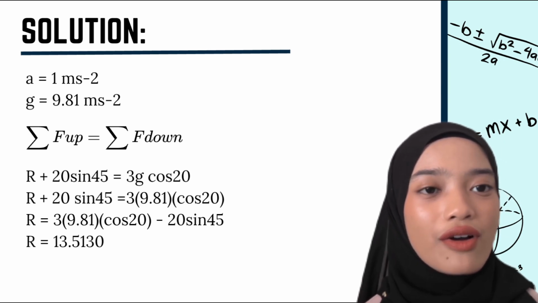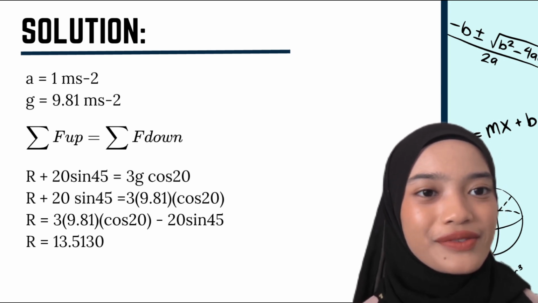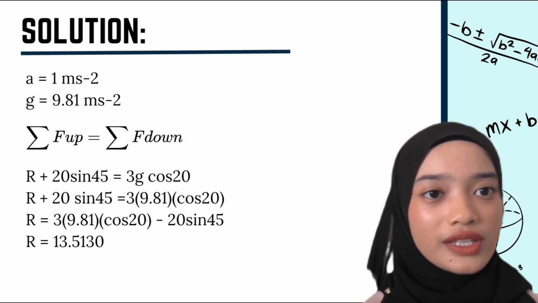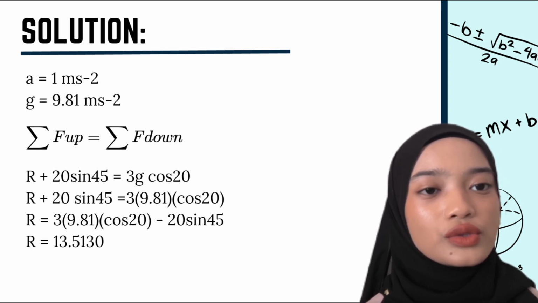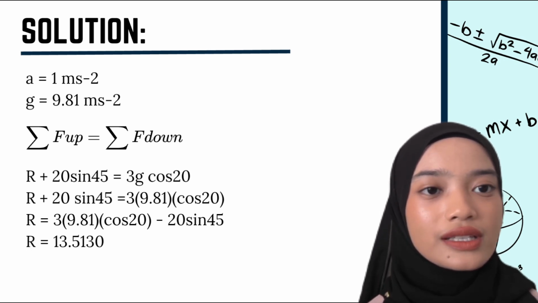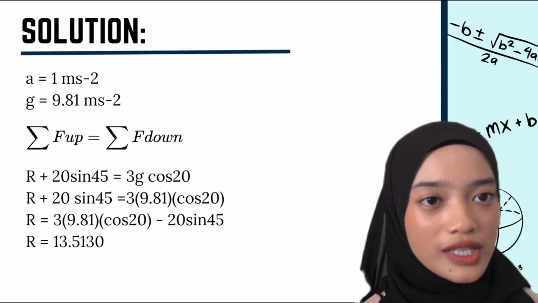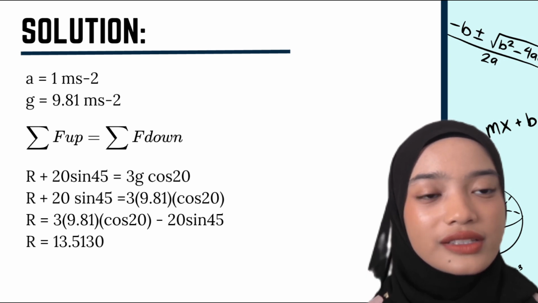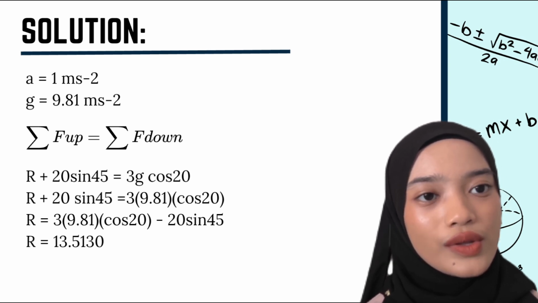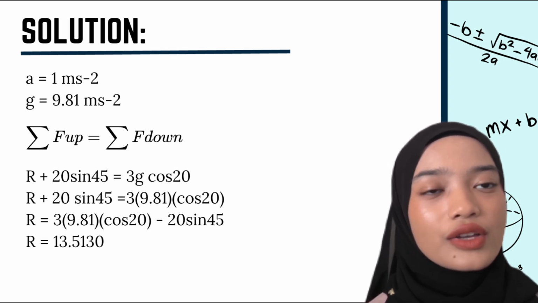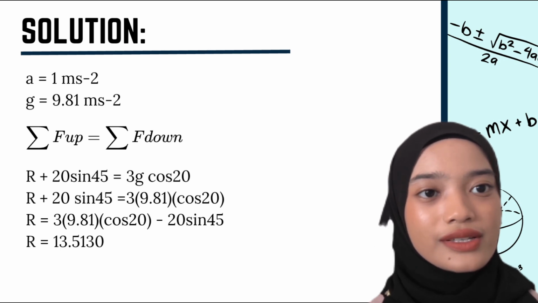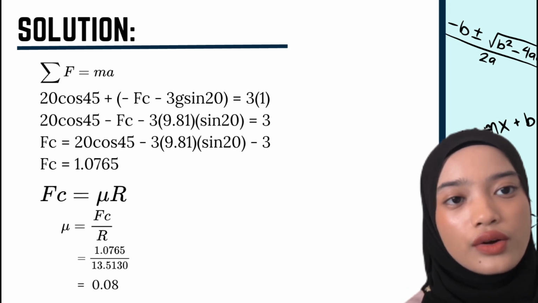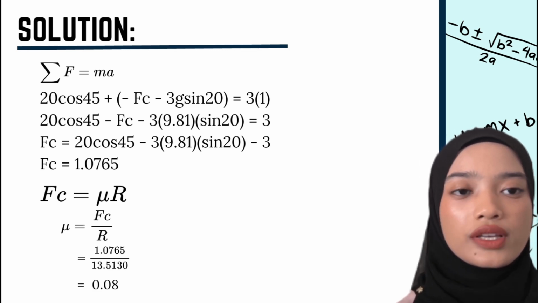Hence, the equation of total force up equals total force down is R plus 20 sin 45 equals 3g cos 20, and R plus 20 sin 45 equals 3 times 9.81 times cos 20. Then we get R equals 3 times 9.81 times cos 20 minus 20 sin 45. Hence, R equals 13.5130. Since it is not in equilibrium, on the horizontal line we have to use the equation of